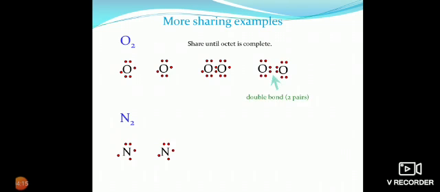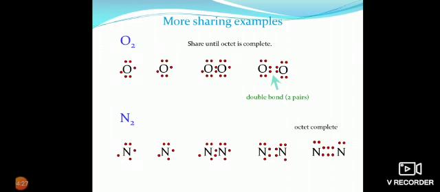In nitrogen there are 3 electrons. A triple bond is formed by 3 pairs of electrons. That is, 3 electrons are shared with each other. Okay. Then you can see